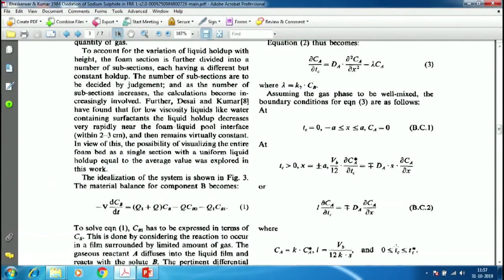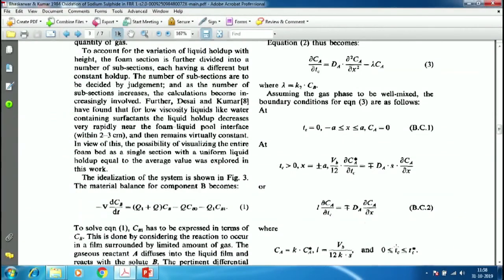I am showing here x equal to plus or minus a, which means at the mid plane x is 0, and you may say to your right x is plus a and x is minus a to your left. These are the interfaces. x equal to plus a and minus a are the liquid air interfaces. At those interfaces, what kind of boundary condition can we write? It will be identical condition because of symmetry, right? It is the same thing.